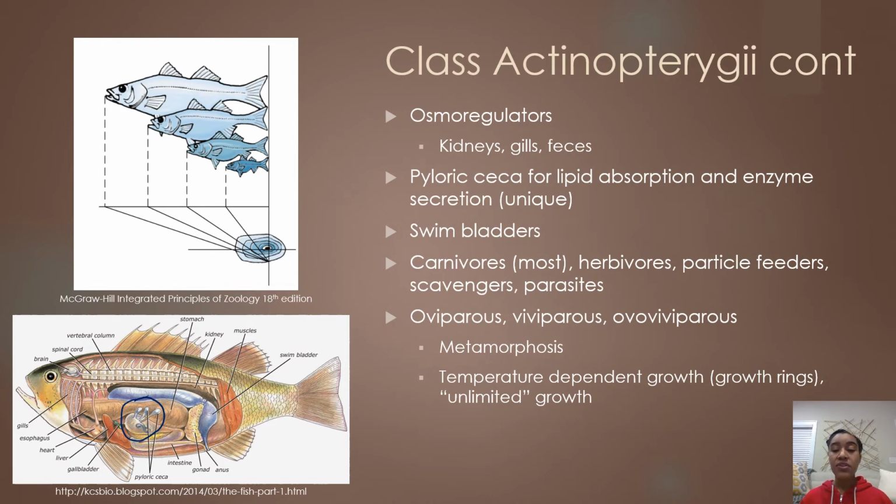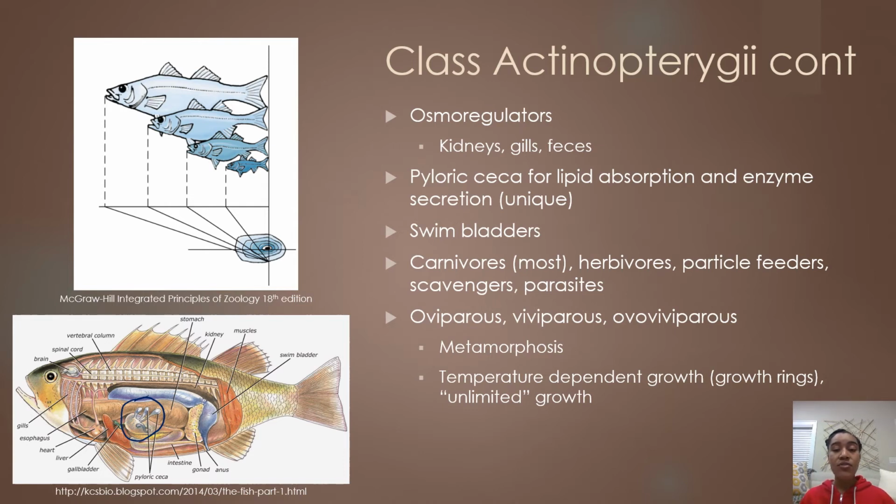And then rayfin fish can be oviparous, viviparous, or ovoviviparous. They generally undergo metamorphosis, so they go from an egg to some sort of fry, and then they'll undergo development and metamorphosis and change into the more familiar adult form. And so they'll continue to grow and grow even after they become an adult. Most fish can experience unlimited growth. They're only limited by once they get eaten or sick or die from some other